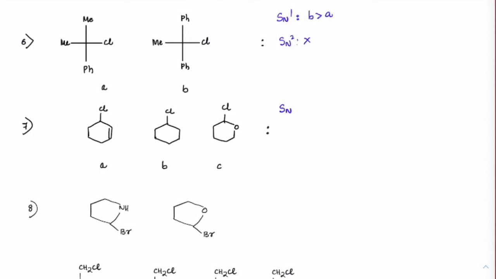Next, SN1 here. Check out the carbocation forming here, here and here. First one, what type of carbocation will we get? We will get allylic. Second is only a 2 degree carbocation. Third is OCC, right? Octet completed carbocation. And you remember that of carbocations, the most stable one is the octet completed carbocation. So the rate would be faster for C compared to A and compared to B.